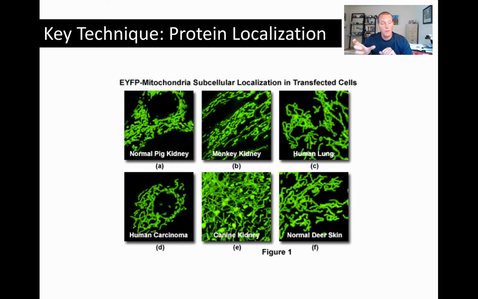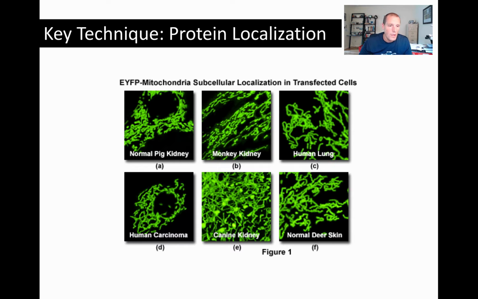protein added to it. So what you have is the protein of interest, whatever it would be, that localizes in the mitochondria, and then on the end of it you've stuck a yellow fluorescent protein. This EYFP stands for enhanced yellow fluorescent protein. So you have a fusion between the protein that you're curious about and a yellow fluorescent protein. What you hope is that when you make these fusions between this gene or protein of interest and your fluorescent protein, when they both fold up, neither of them interferes with the normal localization and function of